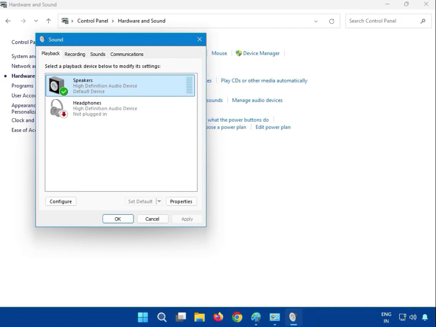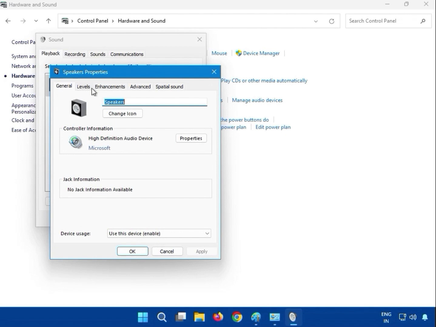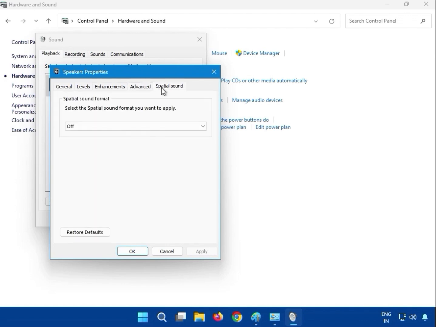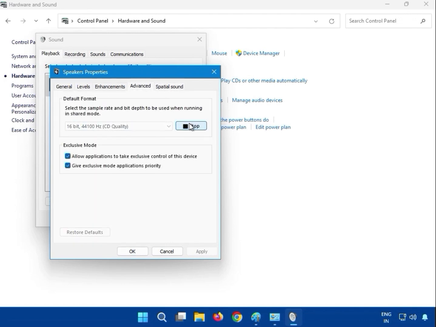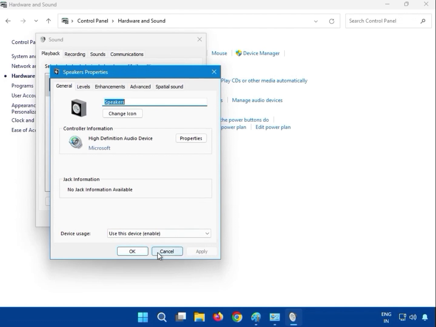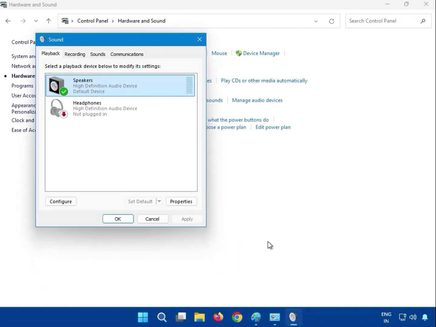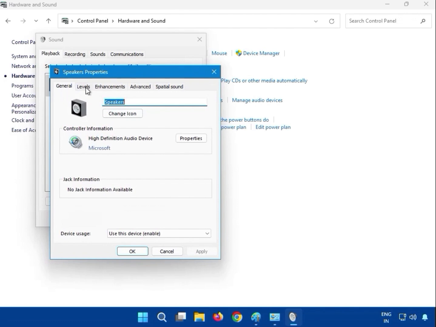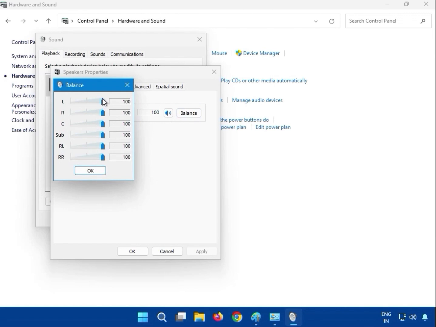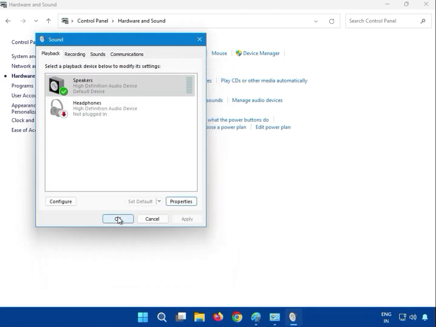Okay, then just double click and click on it. You can see the text here like that. Okay, click Properties. So guys, select the level 100%. Okay, and you can see here balance is on 100%. Okay, and then OK, and then OK,